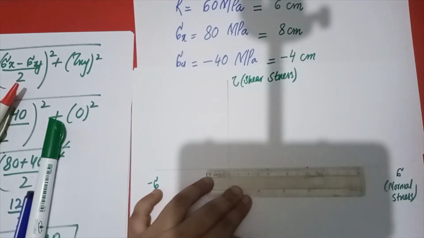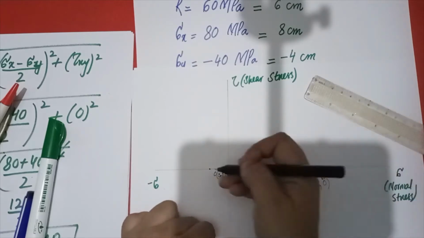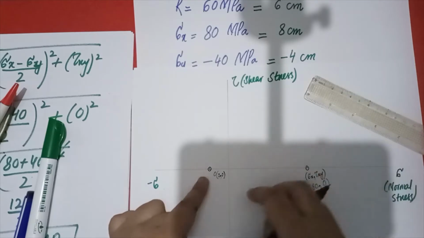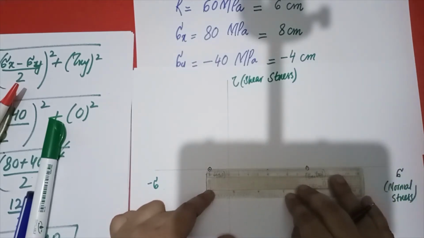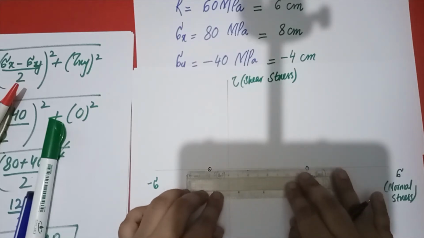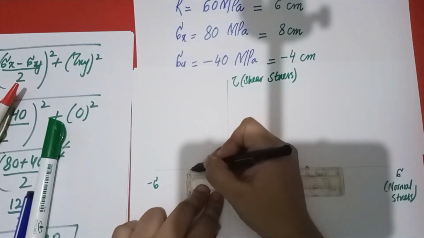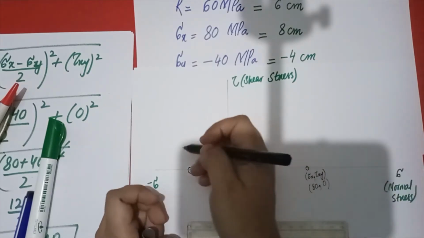Now if you are moving towards the left hand side, so this point, if you are taking this one or this one, this one I have taken as 4 centimeter. No, it's not 4 centimeter. So what I have to do, I have to move for its 4 centimeter. So 4 centimeter should be here, because I have taken by mistake this is 2 centimeter. So let me cut it down. This is 4 centimeter. So what does it mean by that?